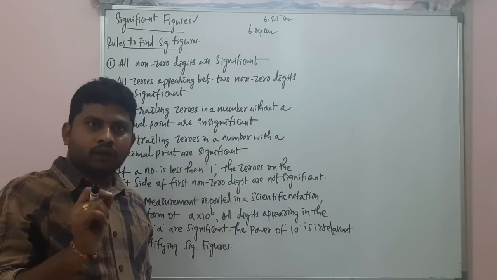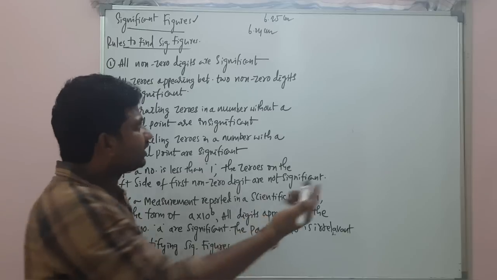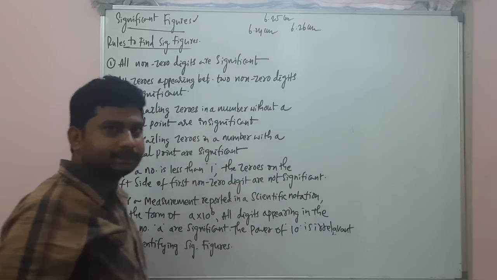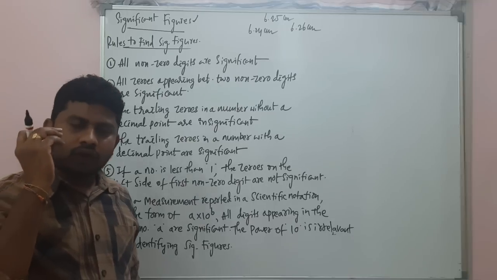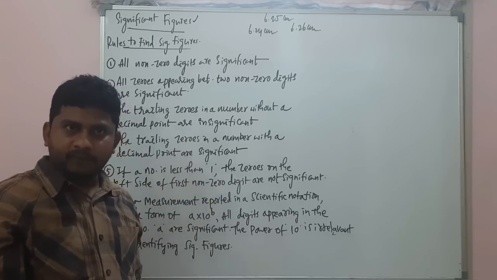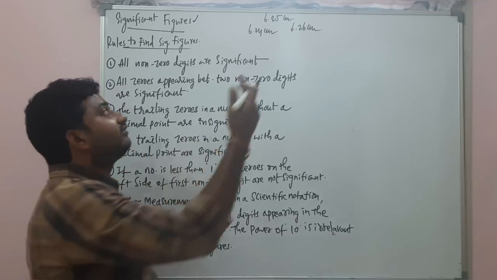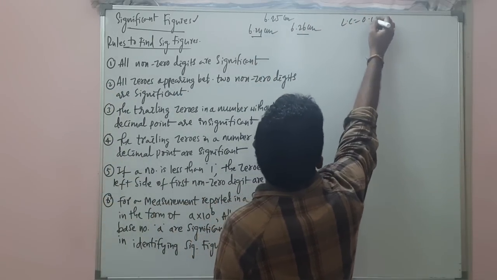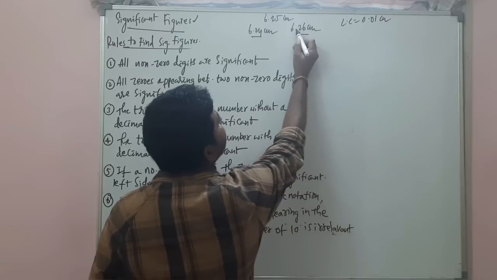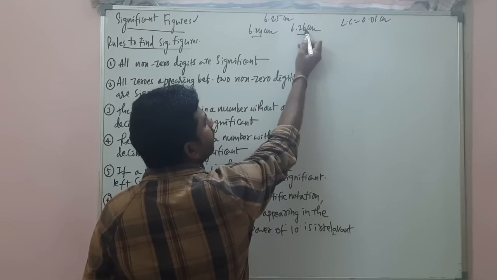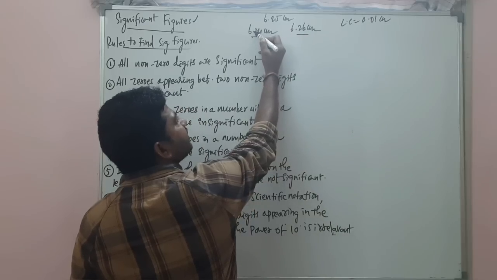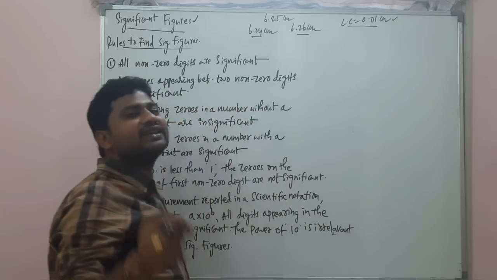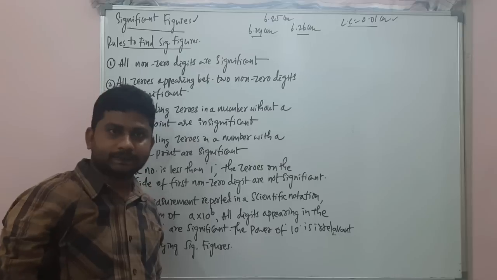Right? I took another measurement with the same instrument. I got the value as 6.26 centimeters. You might have understood by this time what is the least count of the device with which I measured. So that least count will be 0.01 centimeter. After the decimal, this instrument can measure 2 digits. So the least count of that particular instrument is 0.01 centimeter. Alright.